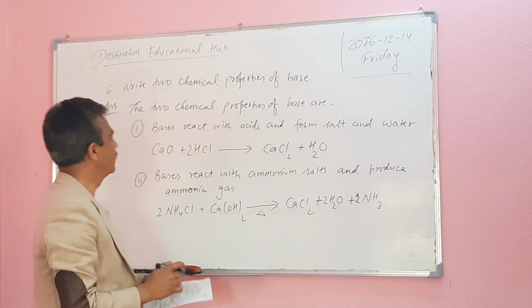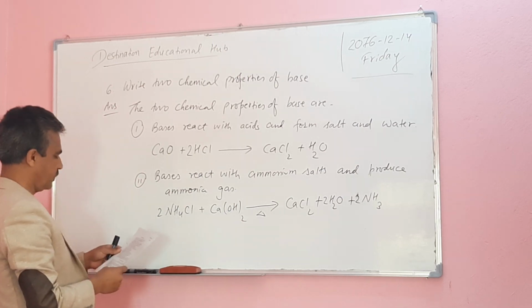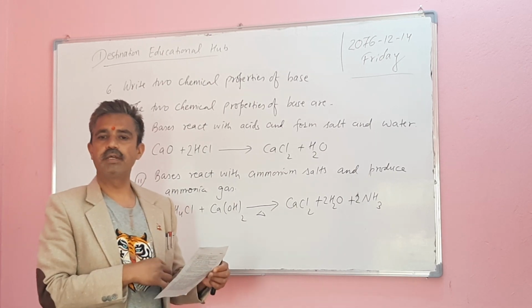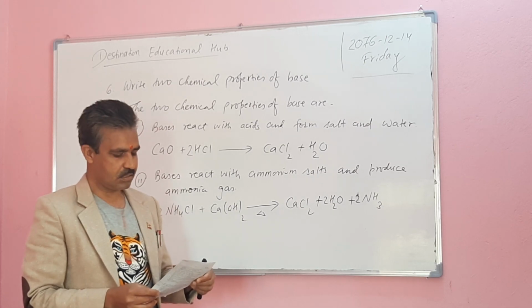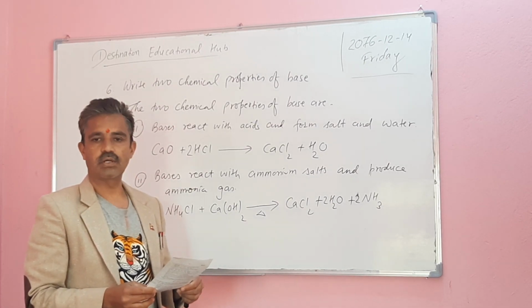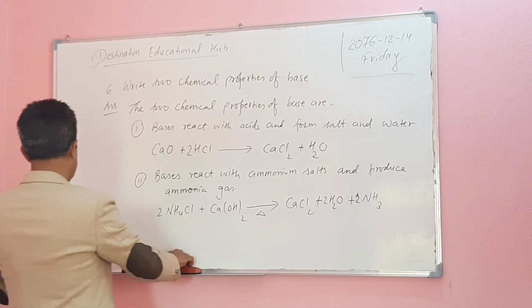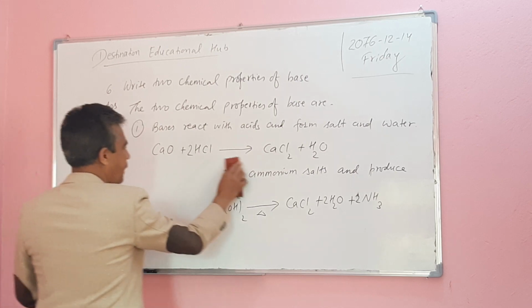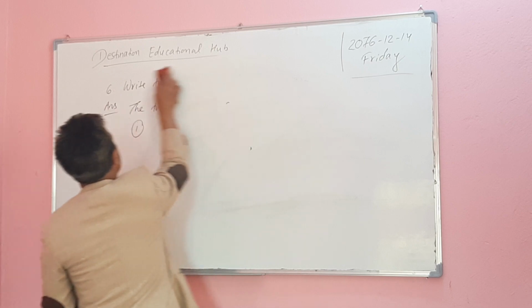Okay, these are the solutions of question number 6. Students, we are discussing group B, science. 2, 3, 4, 5, 6 discussed. Still 7 to 14 to go together. Shall we continue? Okay. Number 7. Question number 7 says,